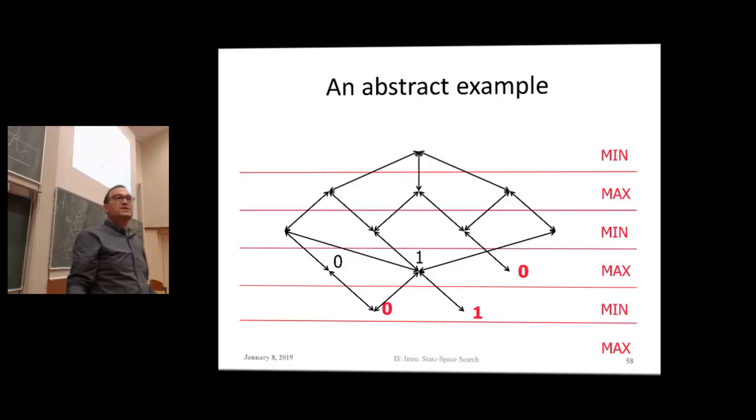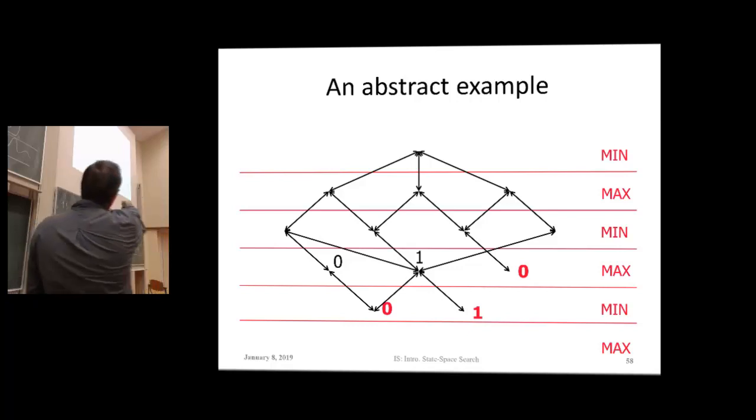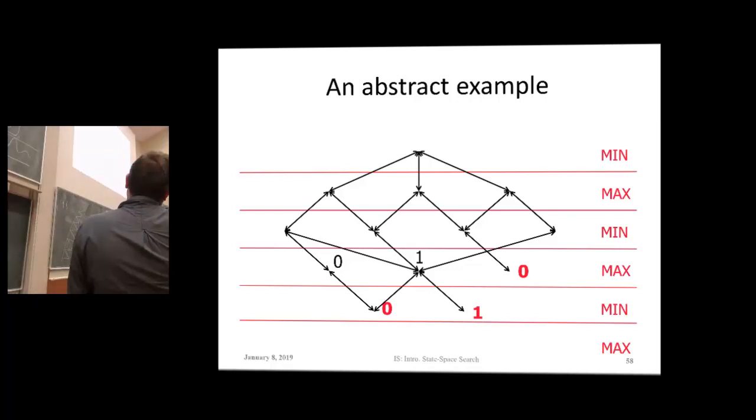If I'm a max person, and I can make the choice here in this layer between these two nodes, then obviously I would choose this node. The left-hand side would be playing the ace, and the right-hand side would be playing the 9. I know that with the ace, I win the game, and with the 9, I lose the game. Then I would, of course, play the ace, because I want to maximize my numbers.